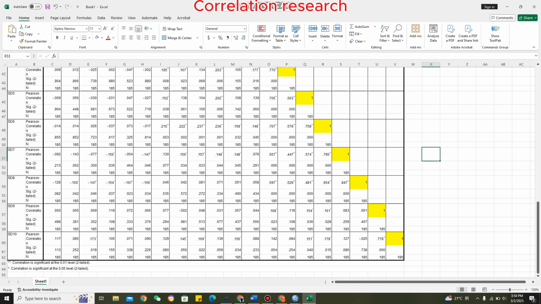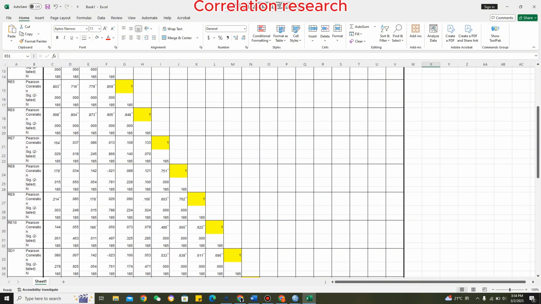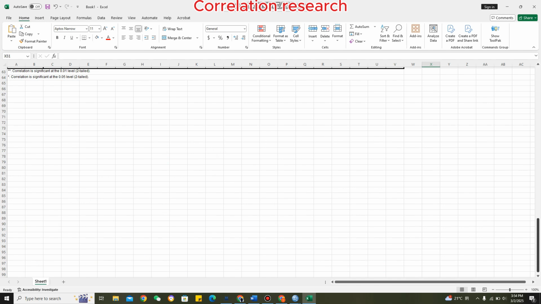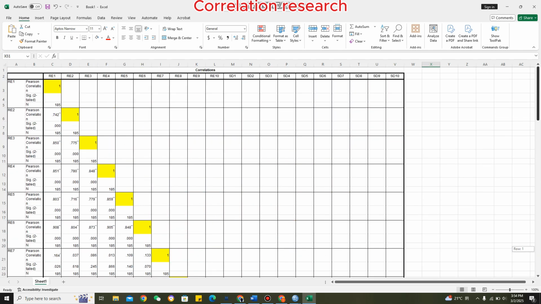Good. Now I'm done deleting the upper values. Okay, so now if you want to present it in your research work, you can see that it's from RE1 up to 10 and then SD1 up to 10. If your A4 sheet cannot contain all of it, but it's necessary if you want to present it, you can present it actually,